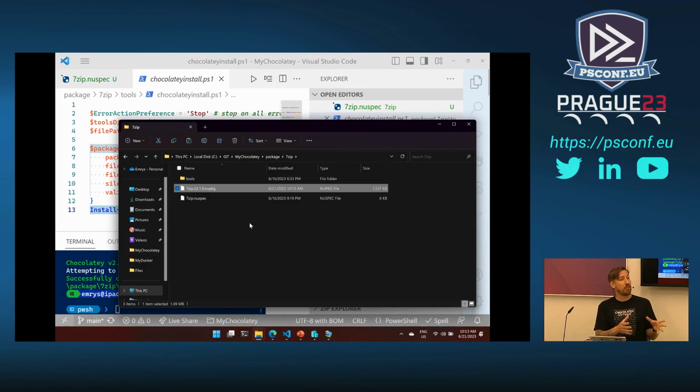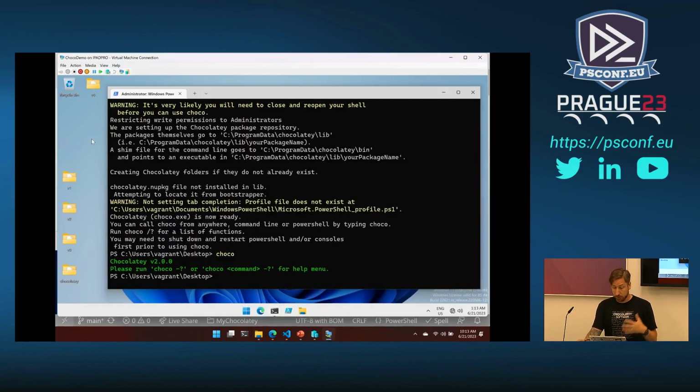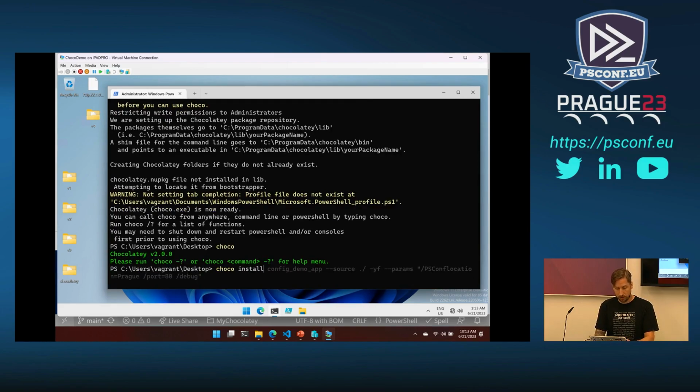So deploying to the offline machine is super simple. We just take this package, go over to our offline machine, which has got no internet connectivity. We just copy it on the machine, and then we can just say choco install 7-zip. So if I would leave it like that, it would try to go to the community repository or the configured repository, download it, install it. But we've got the package locally, and we've got no internet connection. So what we can do